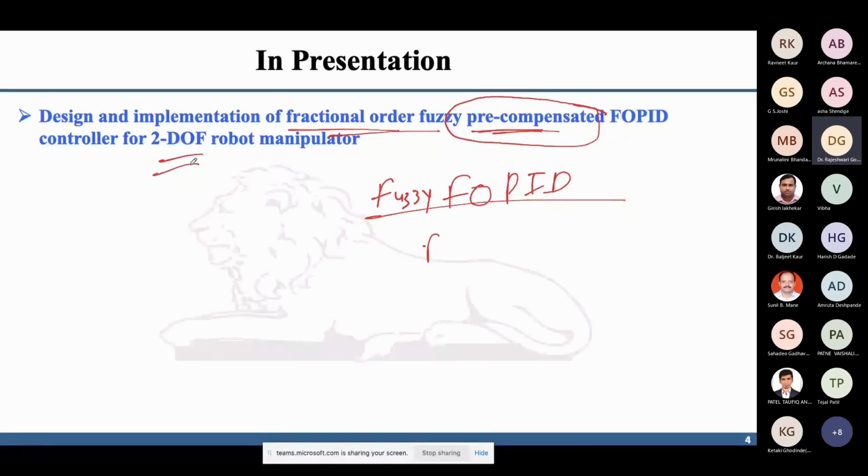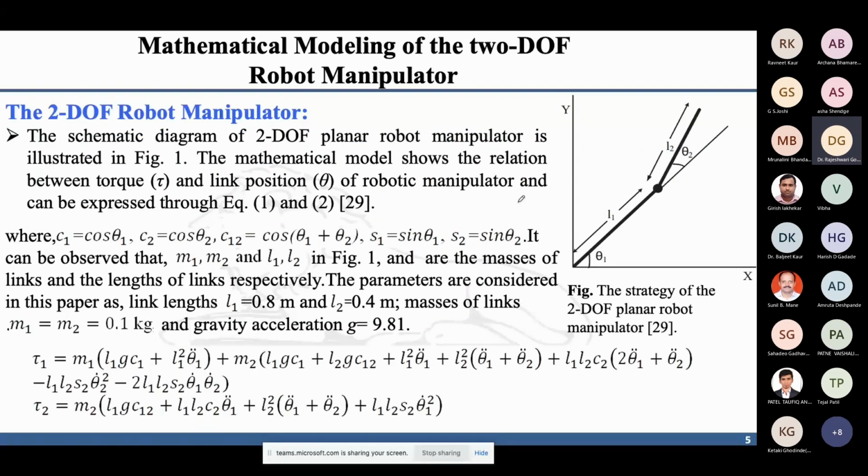So 2DOF, if we talk about 2DOF structure, right? This is your 2DOF. It has one link and another link. This is link 1 and this is your link 2. This dark line is the link, right? Dark and bold, I can say, right? So this is 2DOF. Here we have the manipulator tip, right? You can attach some payload here and you can move from here to there, as per your requirement. This is a simple 2D robot manipulator, right?